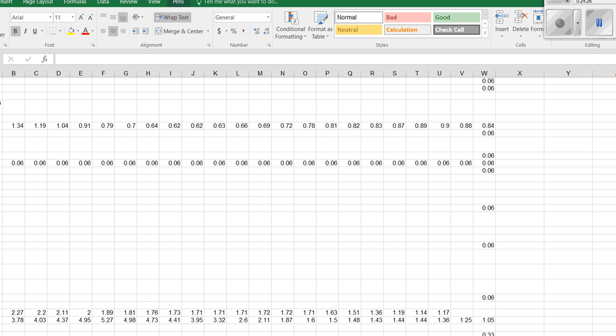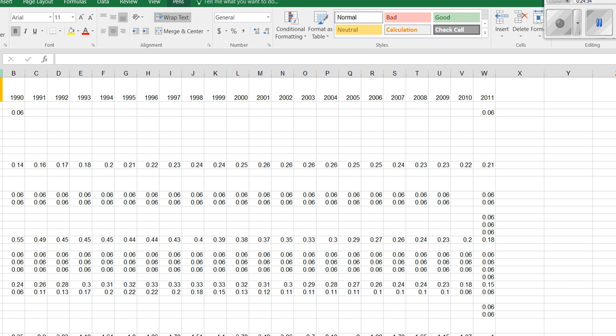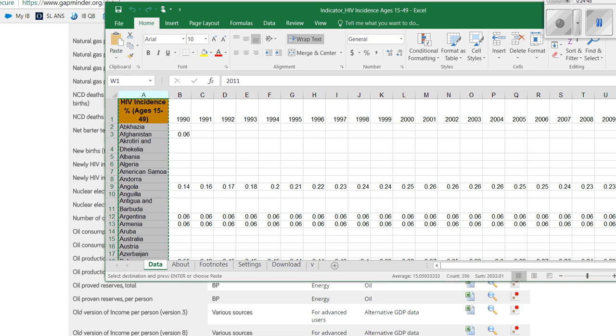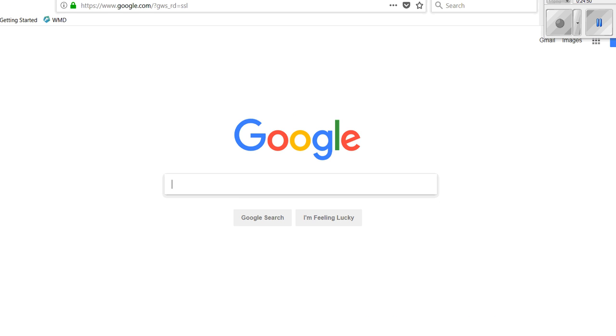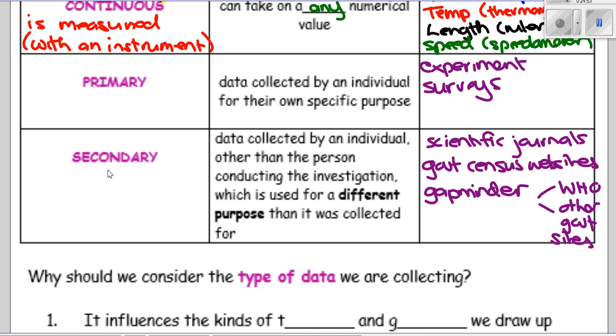Can you just copy it, or do you have to put it onto your own document? What we would tend to do is the person would copy this, and whatever year they want, they would press Control C, and then they'd open their own document and paste it in, and then delete off the countries they don't need and all that kind of stuff. That's generally how they would do it. So by the way, that was all to point out, what kind of data is that? That was secondary data. Great.